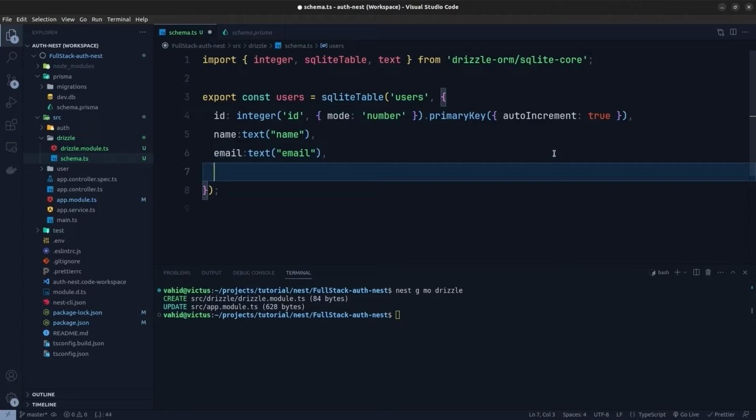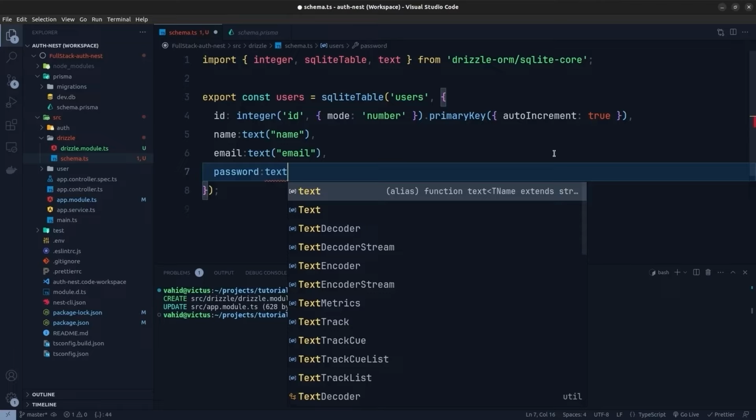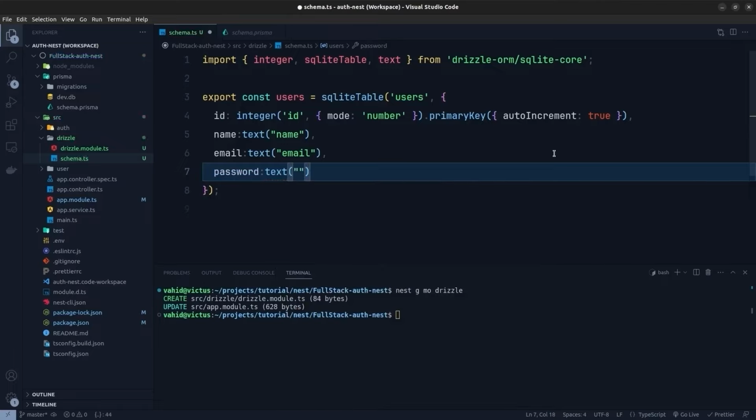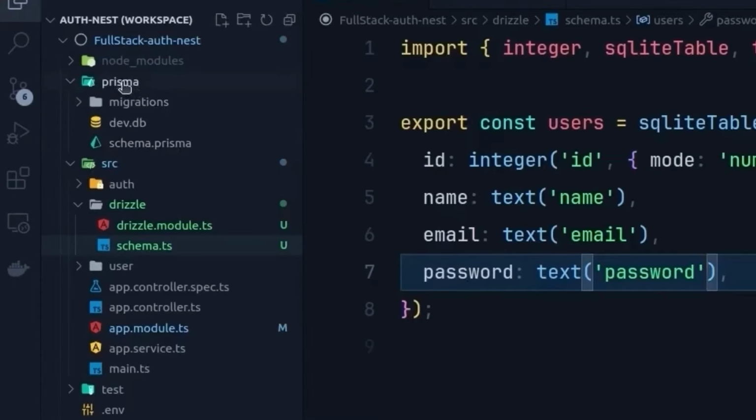Okay, and as a last field we need to define the password field, which again is going to be a text, so I set it to the text function and just set its name to password. Okay, so this will be the users table inside our SQLite database. So we are done here,